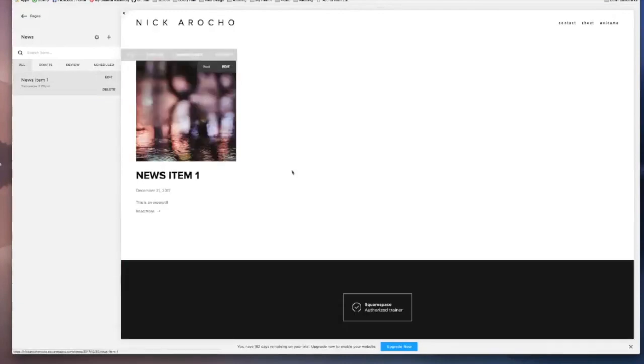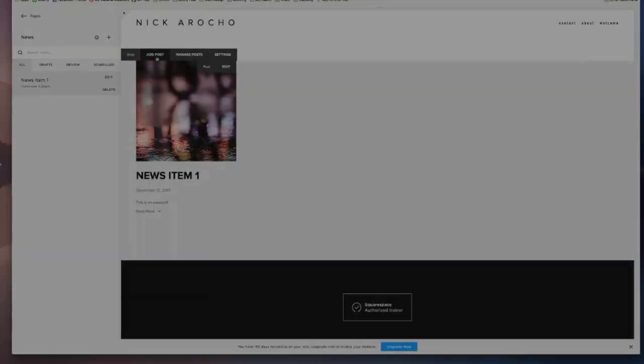So there's our blog item right here. You got the thumbnail image, we have the title, we have the date it was posted, and then the excerpt. Remember that excerpt where I said it was going to come in later? That's where this shows up, and then a read more link. You can change all of this in the style editor, which I'm going to talk about later, but don't get too bent out of shape on it right now. Just kind of use it as it is if this is your first time doing it. Now check